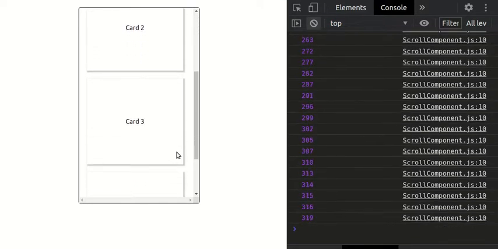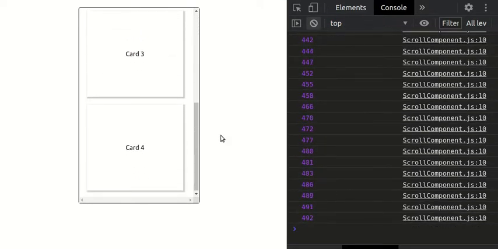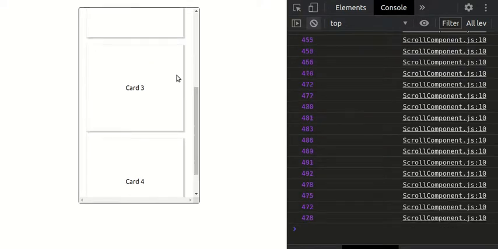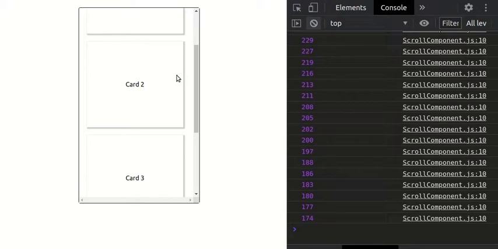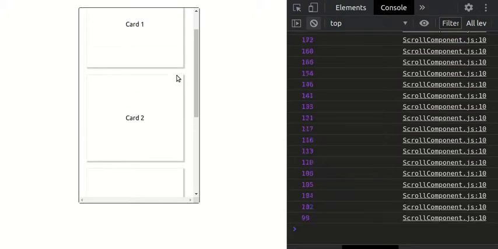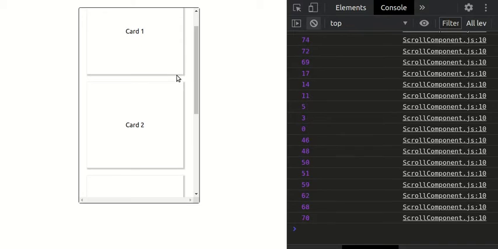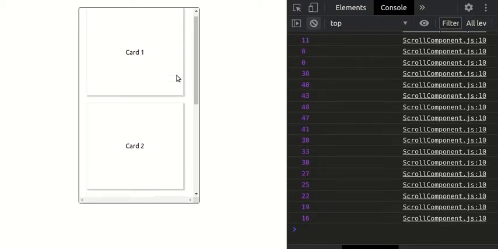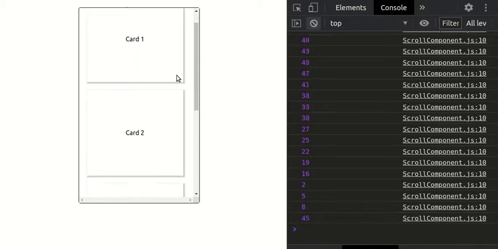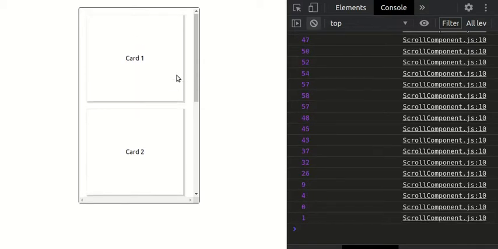Hi. So one more thing we have missed here is, let's say we are adding the card now. Let's say we are on the fourth card, and we can just scroll up, and if we encounter number 15, scroll to position 15, let's say we can encounter this 15 somehow.